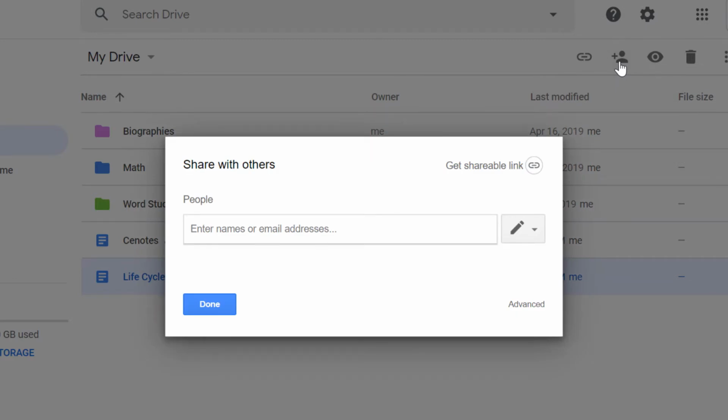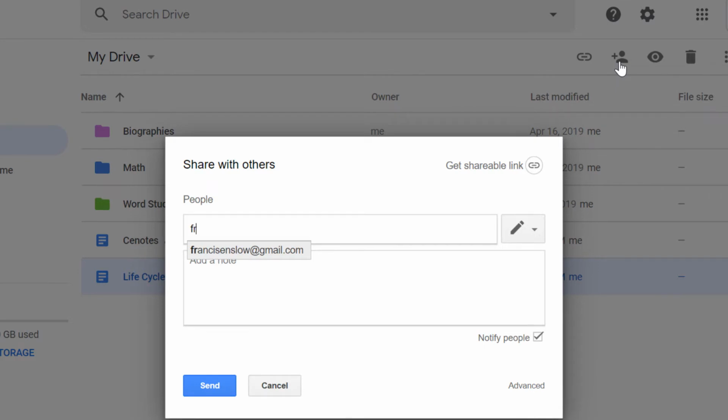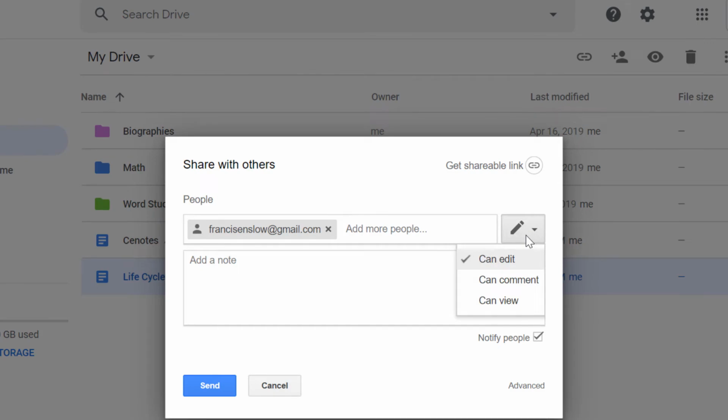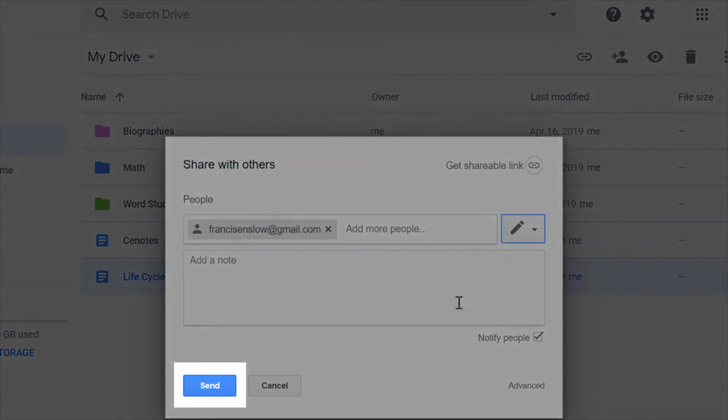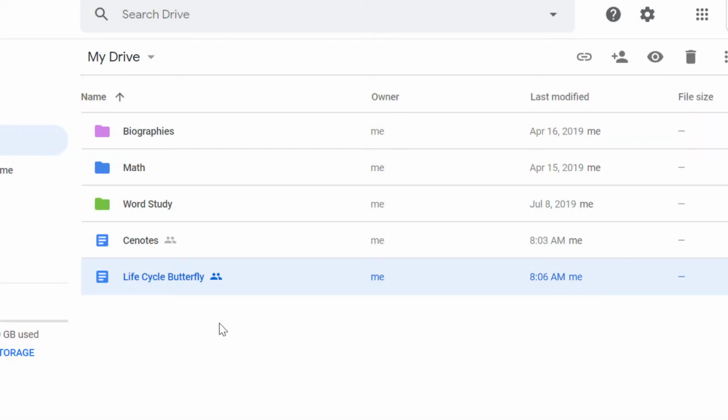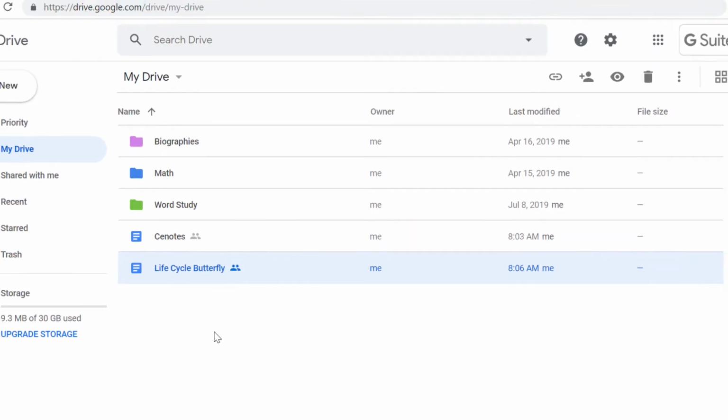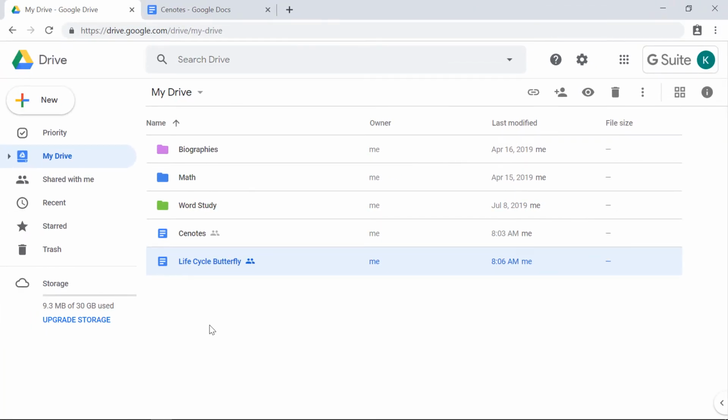So again, you can type in the person's name who you want to share it with, change how the file is shared, and then click Send. You can see that Life Cycle Butterfly now has the people next to it. That means it's shared. The last way you can share a file right from your drive is you can right-click